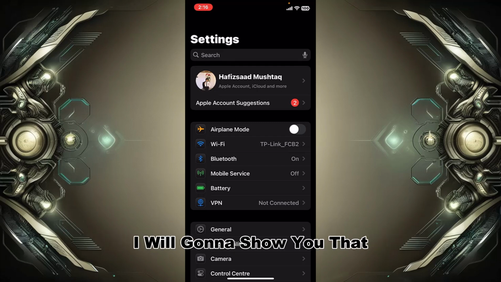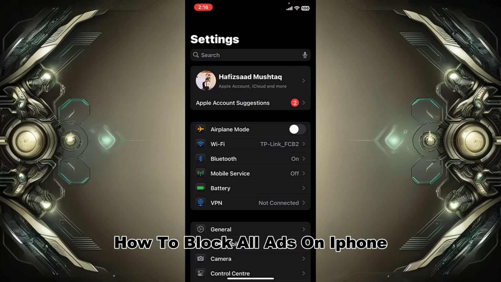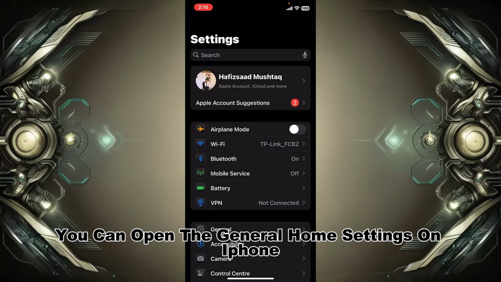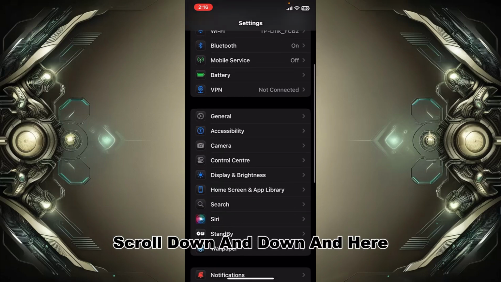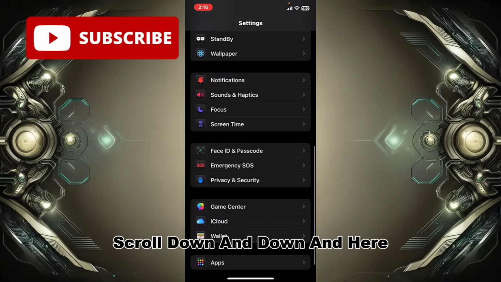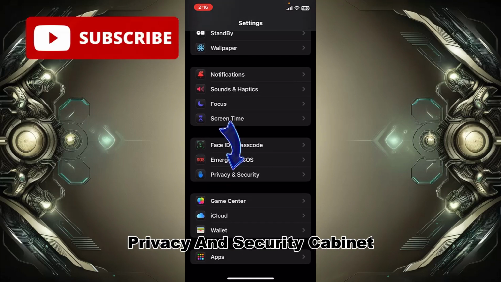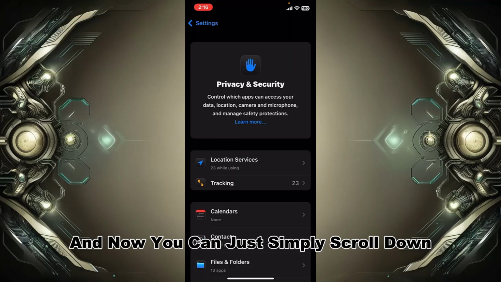In this video, I am going to show you how to block all ads on iPhone. First of all, open the Settings on your iPhone. After opening the settings, simply scroll down and go to the option Privacy and Security. Tap on it, and now simply